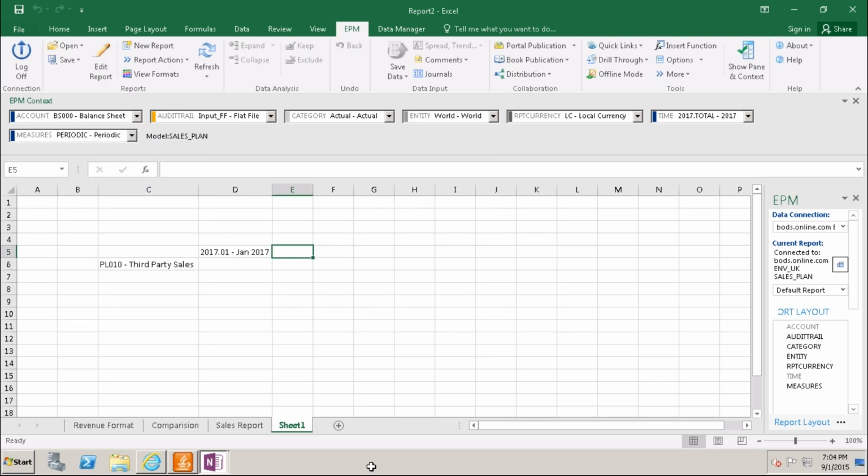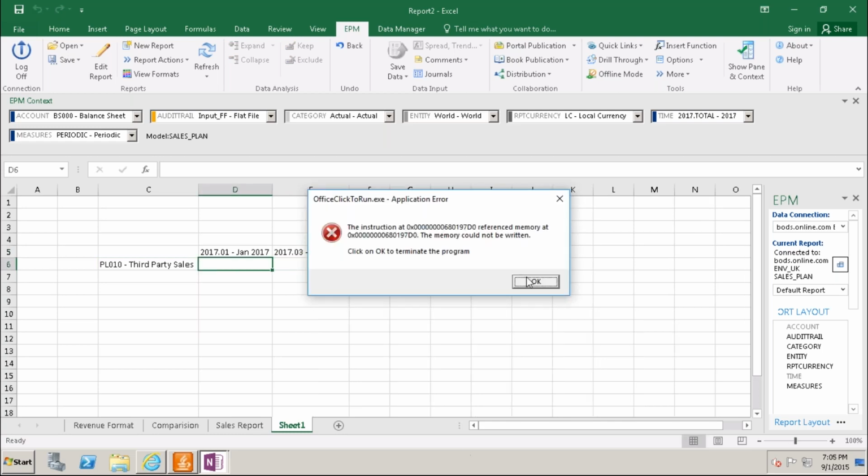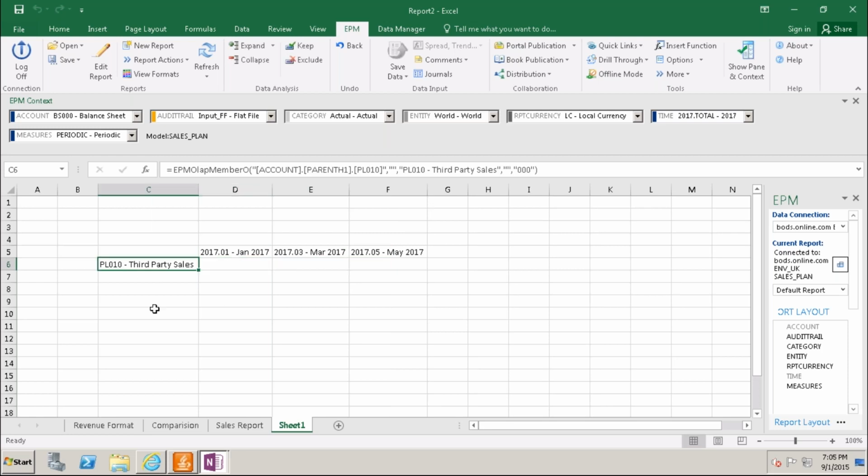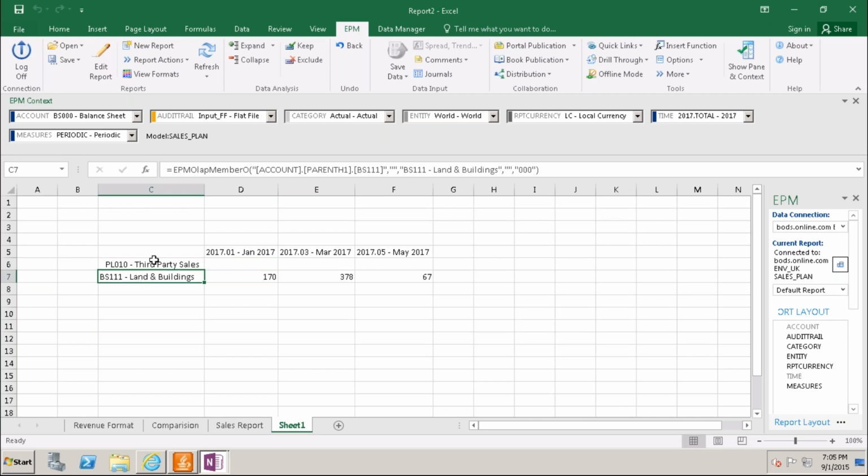So here if I am going to give 2017.03, I am not giving the second month, I am giving the third month here. Here I am giving 2017.05, odd members all. So here PL010, BS111 I am giving. This is basically based on your requirement.